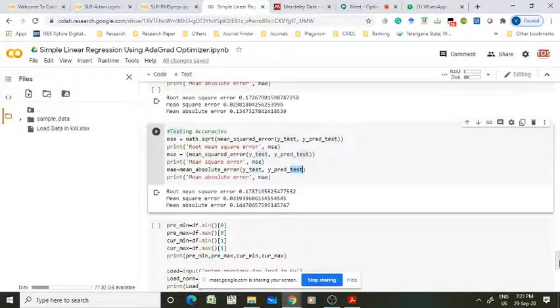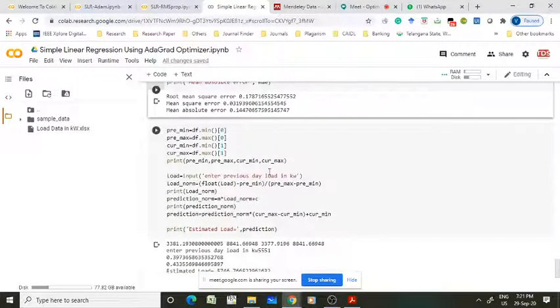So finally this piece of code is used for the prediction. While predicting, you have to remember one thing: when you feed some input to your model, you have to normalize the input, because your model is trained on normalized data. Then your model also gives the output as a normalized value.